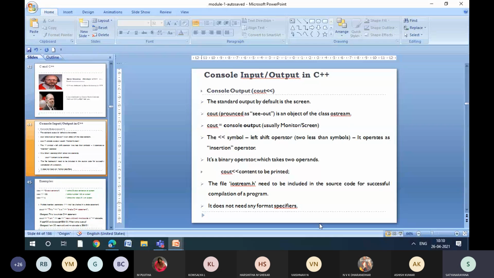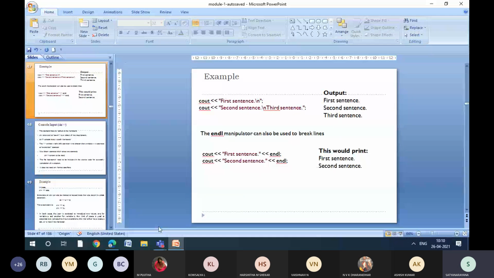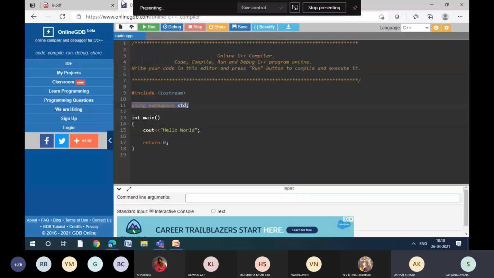See, if you want to compare with your C programming here, cout is nothing but your scanf statement. Cin is nothing but your printf statement. So let me just go here. See, I have not installed C++. I'm just showing it in the online compiler because there is no need to install. You have n number of online compilers. Now you can see. Sir, this cout is printf.